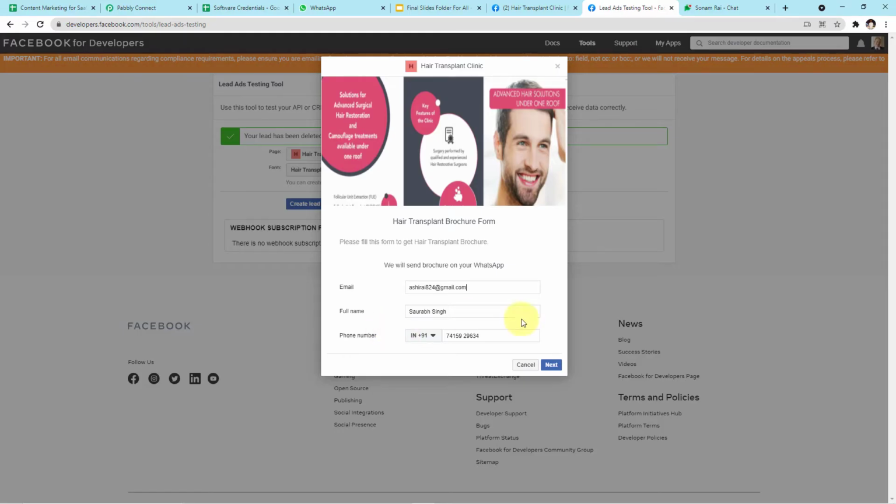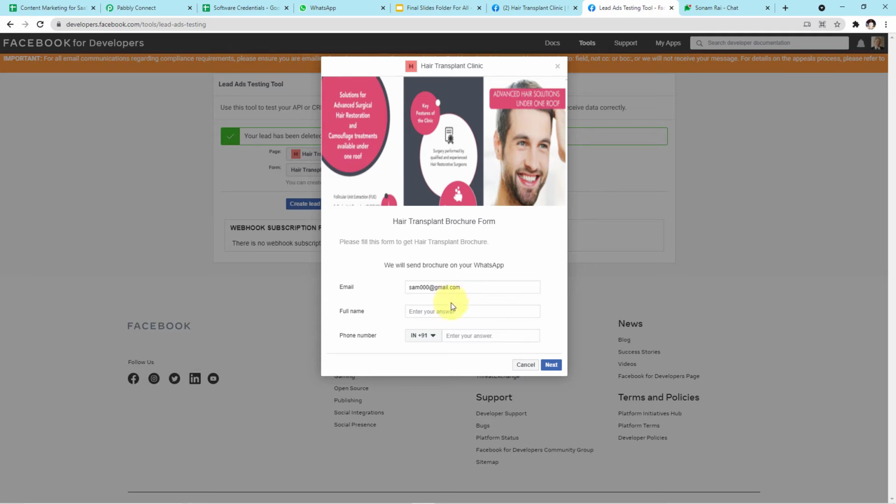Okay guys, as you can see on my screen, this is the website Facebook for developers, and here you can see the form. This is the particular form I have created for my customers. You can see here the details which have been asked for the customers. So we will enter the details here. Okay, let's say our customer's email ID is sam000@gmail.com.